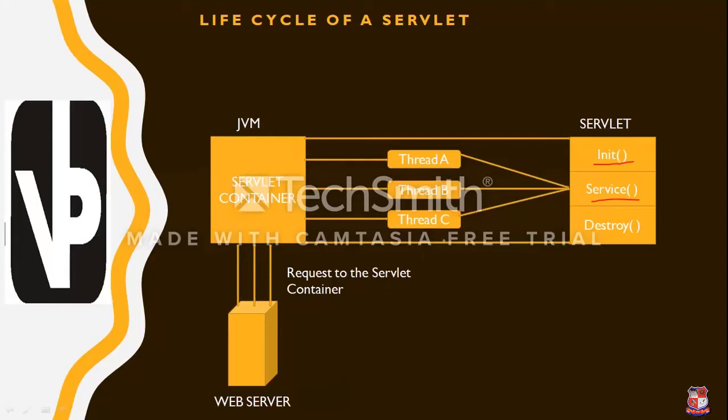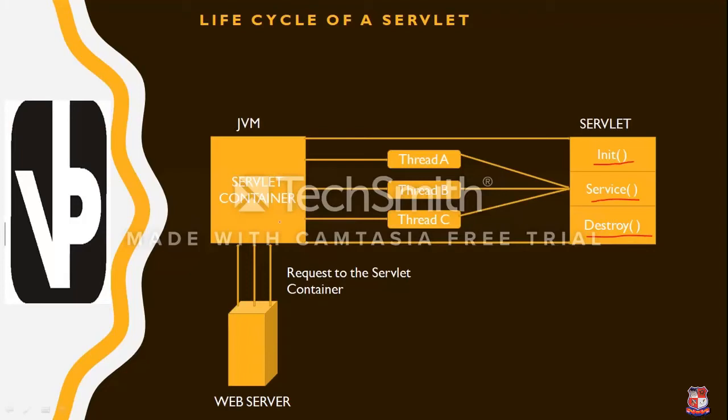And last, the destroy method. The destroy method is also called only once in the life cycle of servlet. After the destroy method is called, the servlet object is marked for garbage collection. Now, during the servlet life cycle, first the HTTP requests coming to the server are delegated to the servlet container.